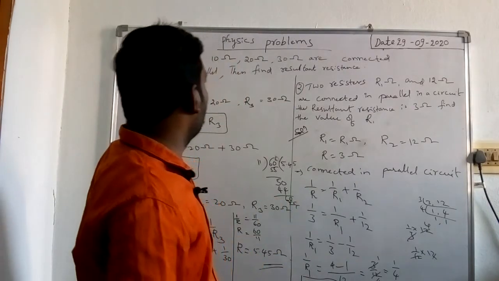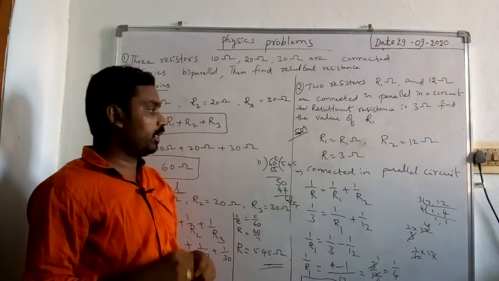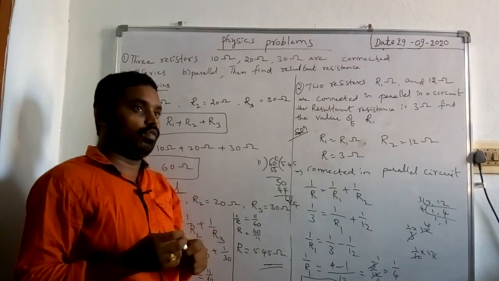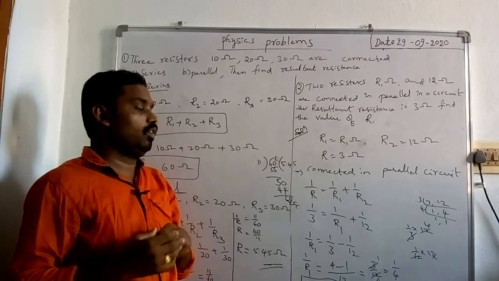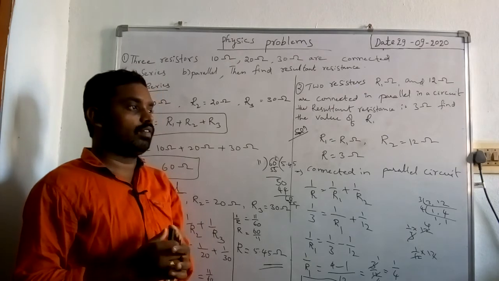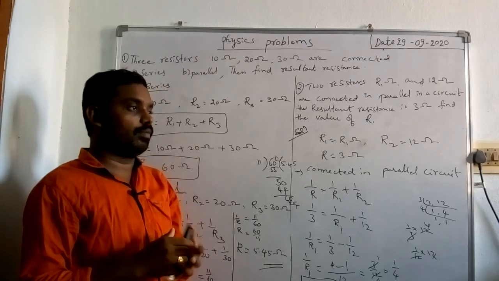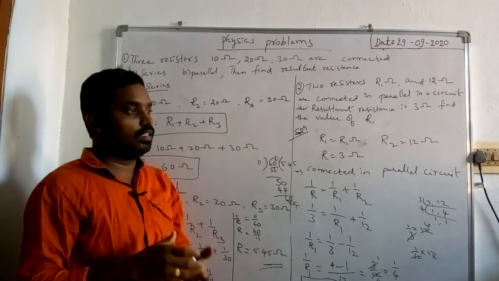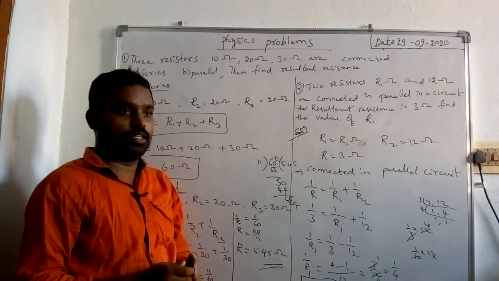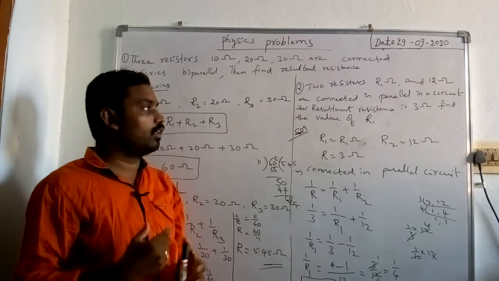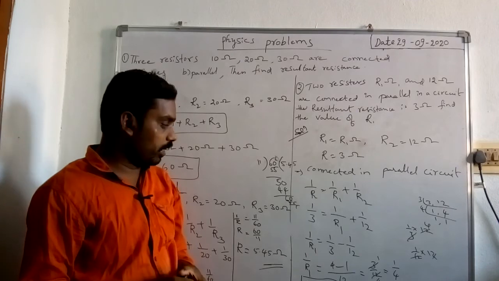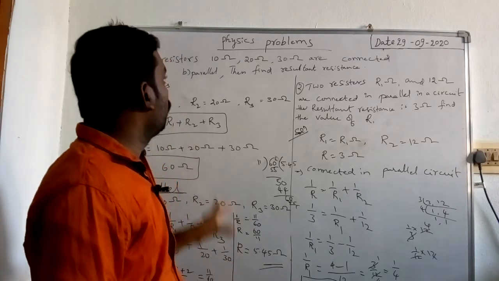These are the physics problems. Physics problems basically test your mathematical skill and your concept: what you are given, what is the related formula, what we have to find. Sometimes they will ask indirectly also for some values we have to find. Suppose they give a diameter of 10 meters, what is the radius? Indirectly we can find d by 2. D by 2 means 5 meters. 10 meters diameter means radius 5 meters. Like that they will ask some problems in different chapters and lessons. Okay, mathematics relation. These are the physics problems.